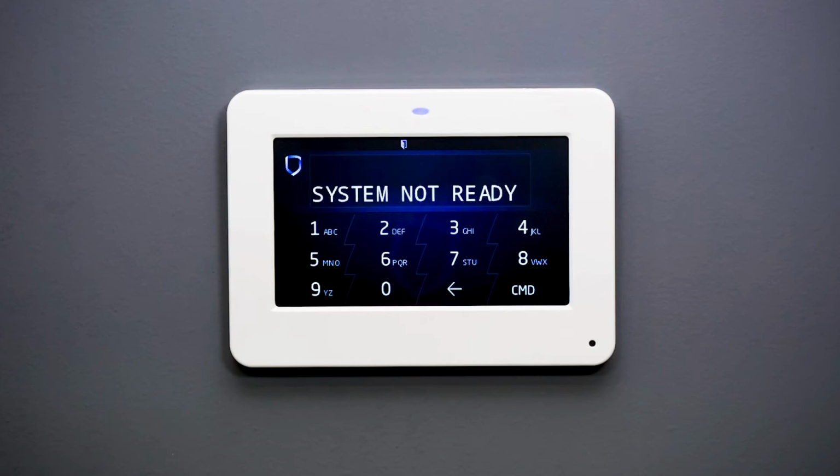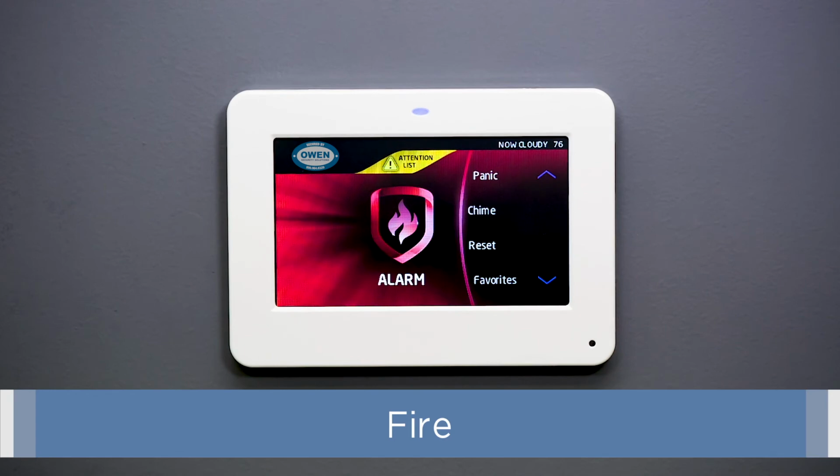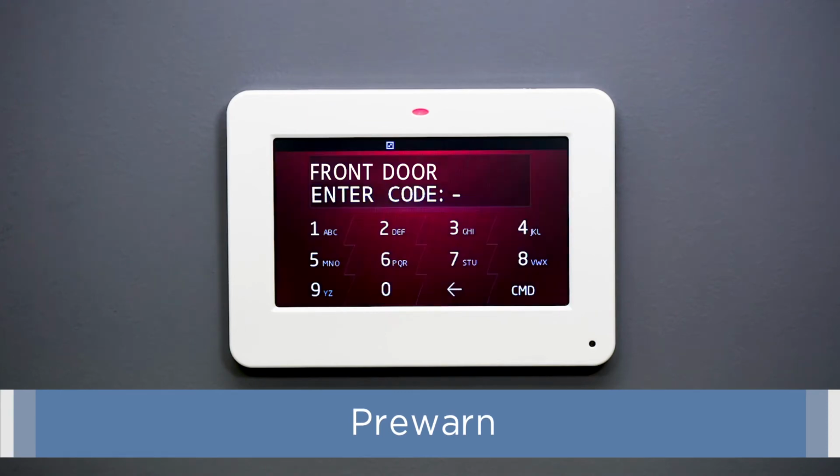Your keypad also features a small internal speaker that produces 6 special tones for specific events that occur on your system. The specific tones are fire, a sweeping intermittent siren; burglary, a continuous siren tone; pre-warn, a siren that sounds when you open an entry delay door; or pre-warn tone for re-entry, to alert you your system went into alarm